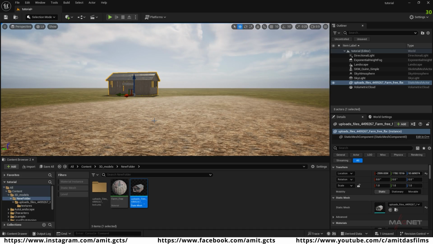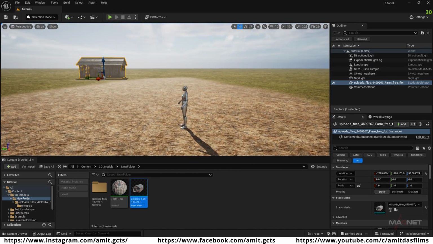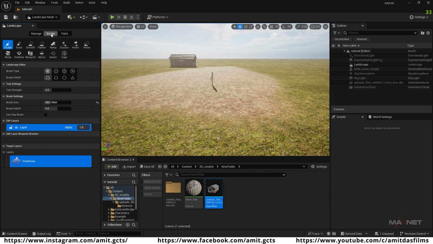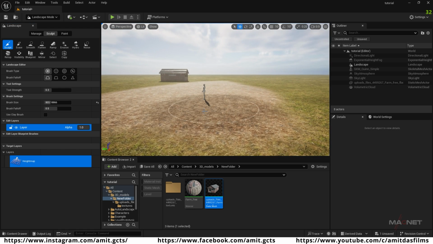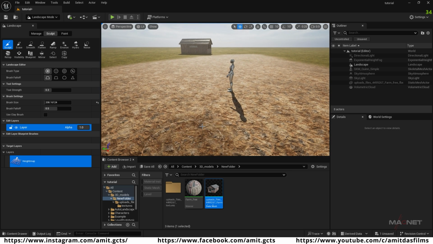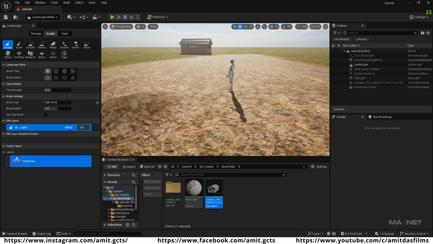Okay, so now we're going to do some sculpting to our landscape. So for this, we go to the selection mode, then we go to this landscape mode. We go to the sculpt option here and select this sculpt tool, and maybe we're going to decrease the brush size like that, and then we're going to start sculpting. So first we're going to sculpt from here. So we're just going to put this area a little bit higher here,